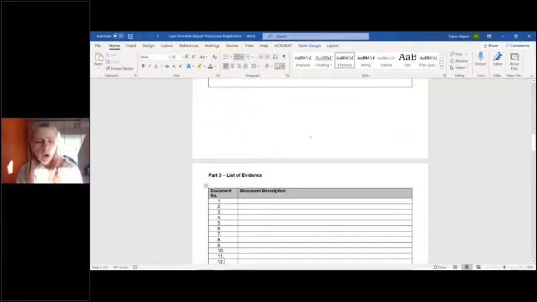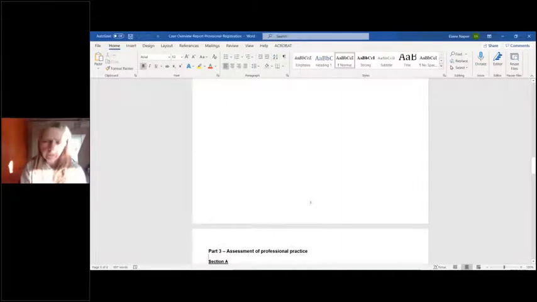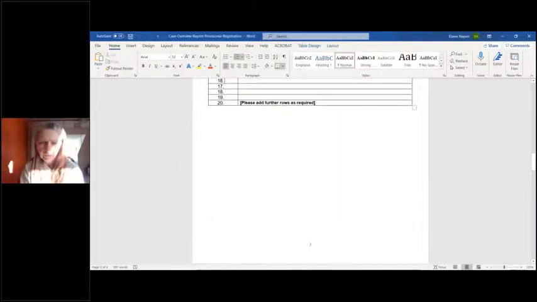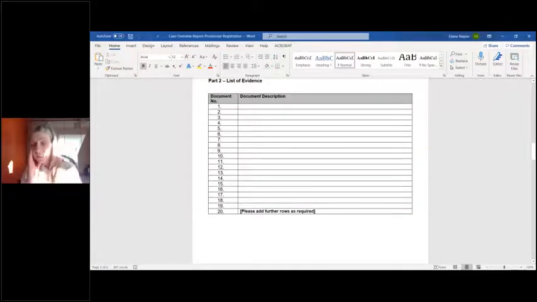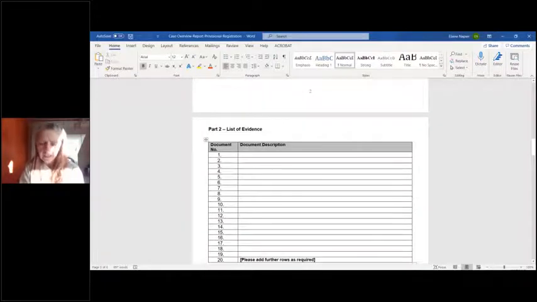So onto the list of evidence there. You'll like that. Please add further rows as required. Okay, so you can imagine once you start getting involved in this, there can be quite a lot of evidence,